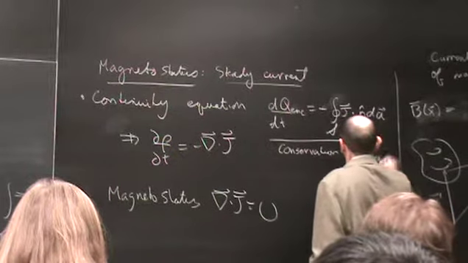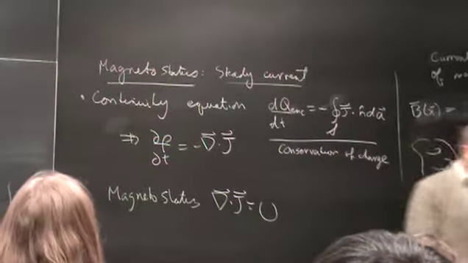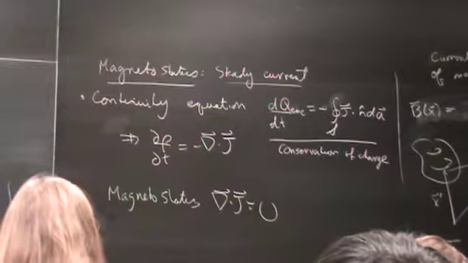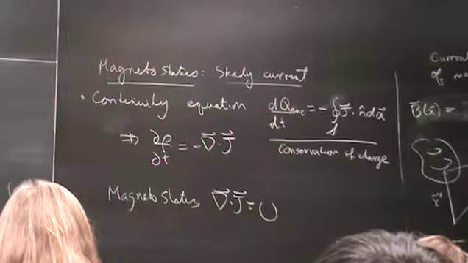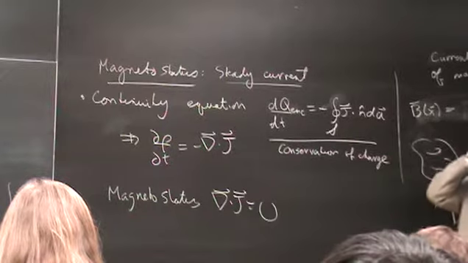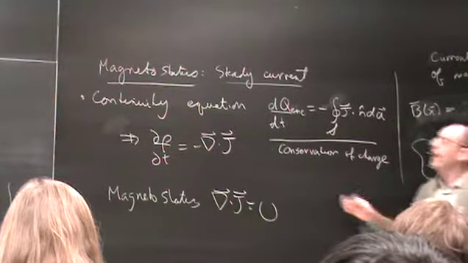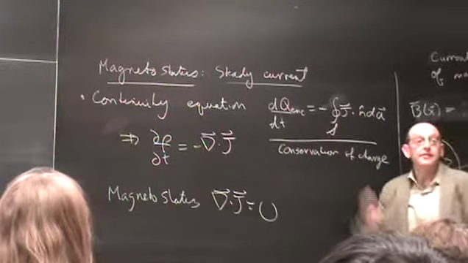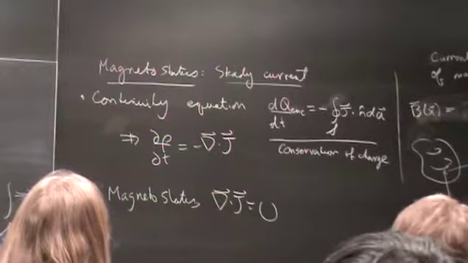And what the continuity equation tells us is that charge is neither destroyed or created, but only flows from one place to another. And that is expressed as